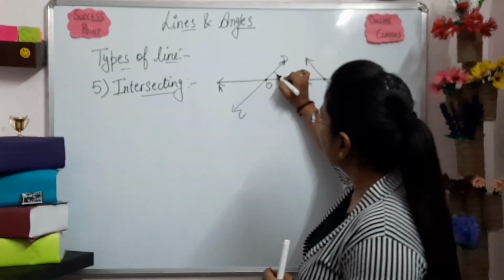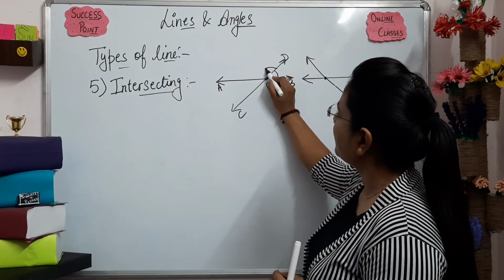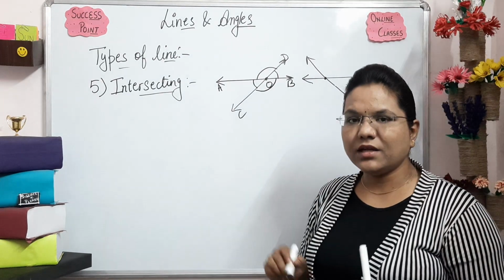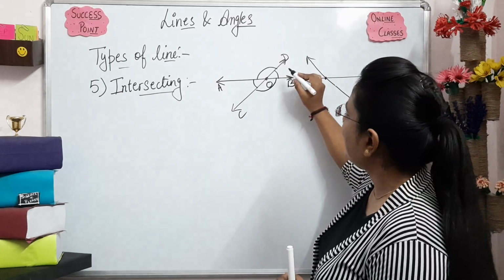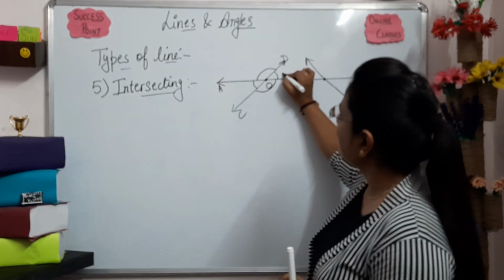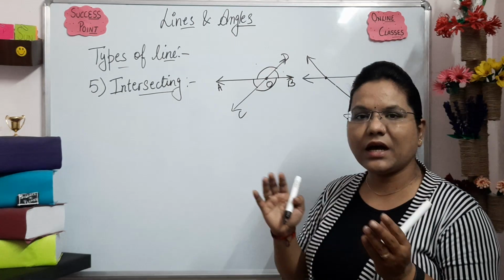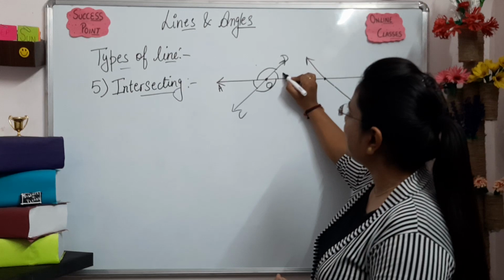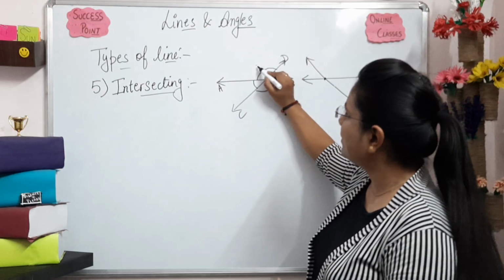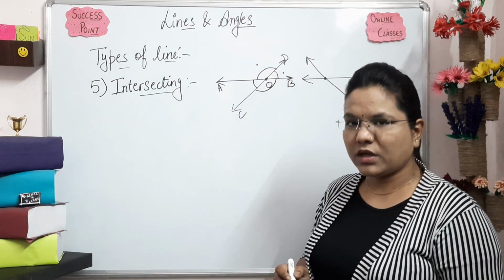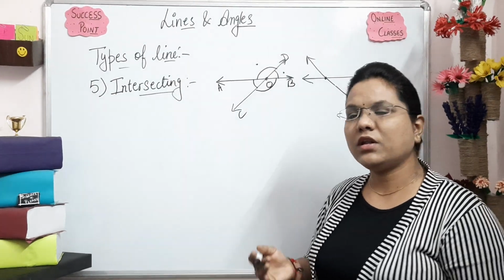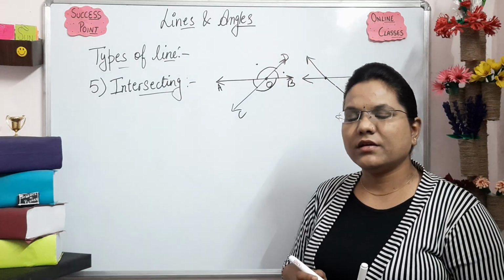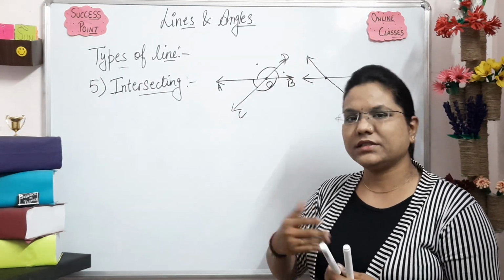When two lines meet at a common point, they form angles. We discussed that they form angles. Now if we check this angle and this one, are these two angles equal, or smaller, greater? If we check this one, this angle is lesser than the second angle. Are they equal? No, they are not equal. This is the bigger or greater angle and this is the small angle. About angles we will discuss further.